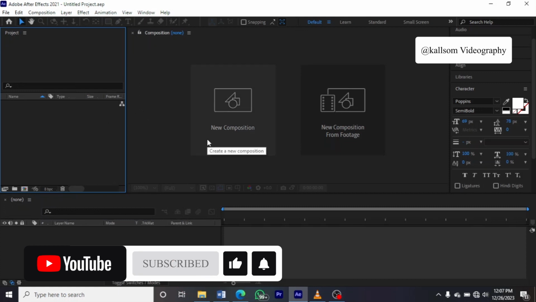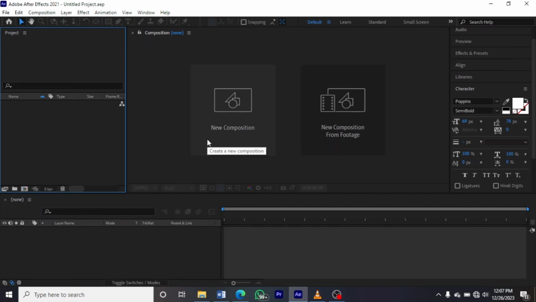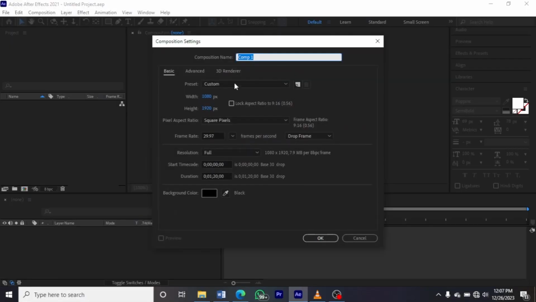Always, if you are going to start an Adobe After Effects project, start with a new composition so that you can write the name of your project and your size, whether you want it to be landscape or portrait. Here are the name, width and height. So you start by writing your project name. My project name is simple